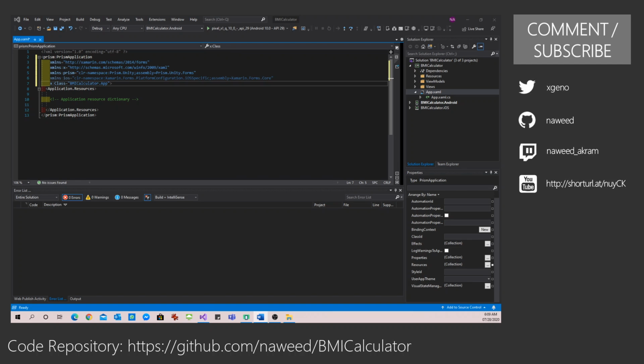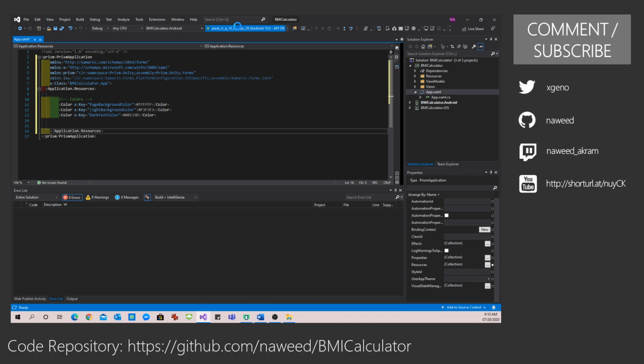And now I'm going to bring in some resources. So the very first thing I'm going to do is bring in some colors. So I have a color for my page background, I have a color for my light background, I have a color for my dark text. One additional thing I am going to do, if you notice when we ran this application, let me show this to you, we saw a navigation bar at the top in blue color.